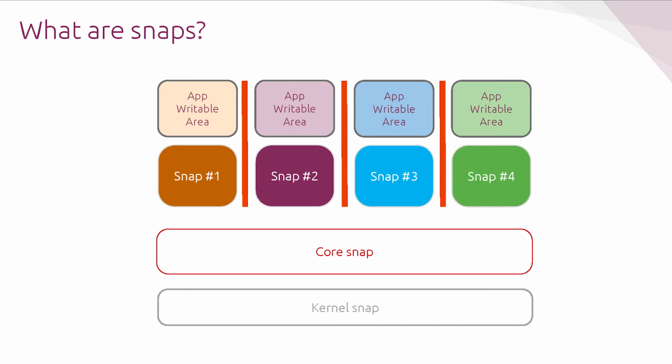So let's get started with the snaps. What are snaps? Snaps are containerized software packages which are bundled with their dependencies, and they are isolated from other packages and the system through interfaces. They have their own sandbox and writable area independent of the rest of the snaps and the system. And they are not containers like Docker, which emulate the operating system, but they are applications that run on top